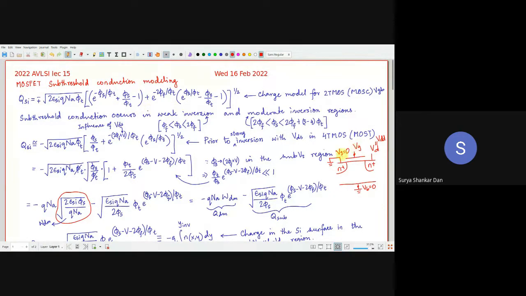As we had seen in our last lecture, once we have a MOSFET, then after the threshold voltage is reached by the gate bias, so when VG is greater than VT, we actually have a channel that provides the pathway for the electrons to go from the source to the drain. That's something which we all know. But before there is any channel, there is still a sort of conduction that can happen.